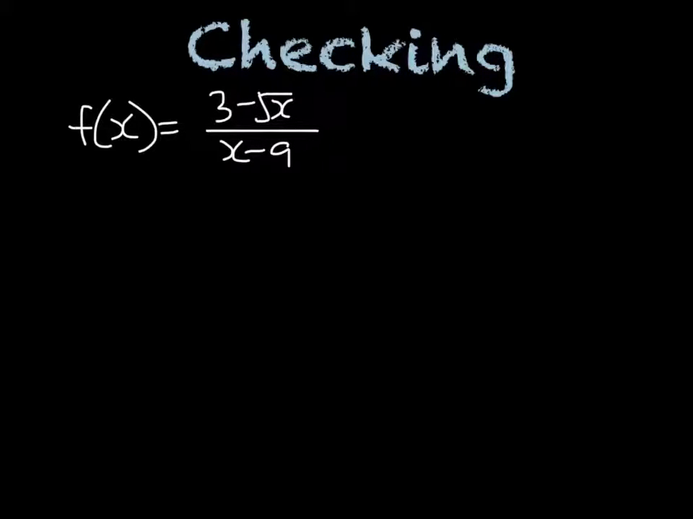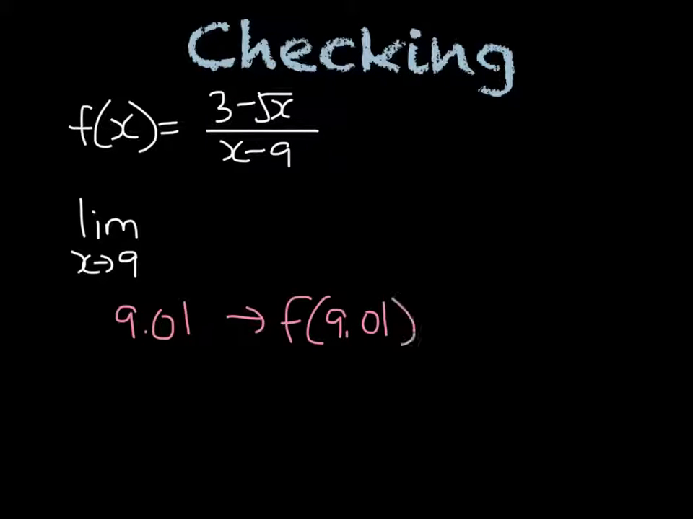What if, for our last function, where we had f of x equals 3 minus the square root of x over x minus 9, we had no idea what to do, and we didn't know what conjugation was, and we had to find the limit as x approaches 9. One way we could do this is, if we use a calculator, we can plug in values that are very, very close to 9 to see what we get. So, for example, if we plug in 9.01, we get that f at that value